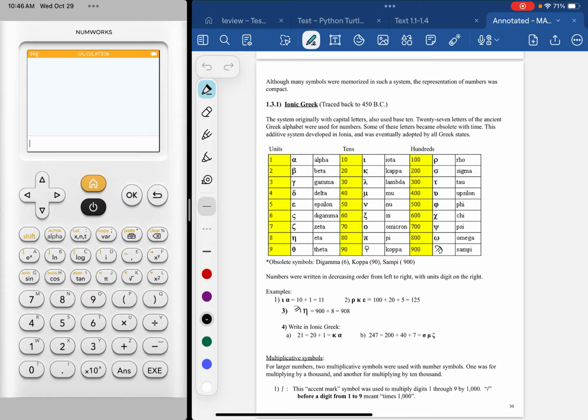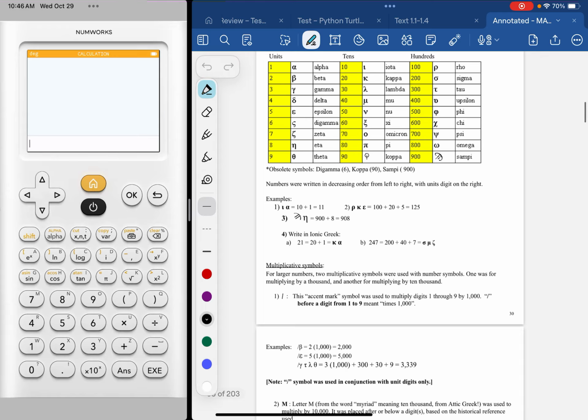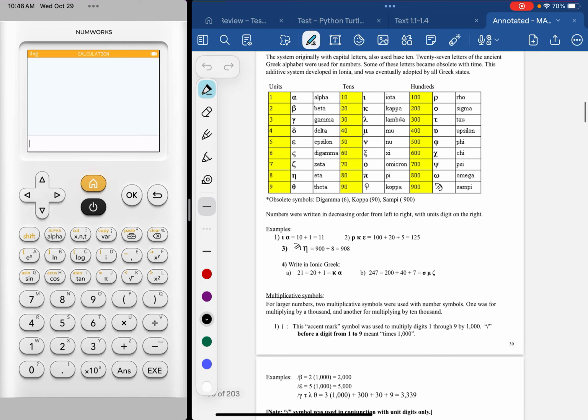So in a lot of the examples or types of systems that we've worked with, we did our singular units 1 through 9, and then some way of representing values that were bigger than 9. Right? Maybe it was by using a multiple or a power of 10, like with the Chinese traditional. Right? Here we have values that represent particular numbers. So omicron would be 70, for example. Right? An example here, if I have,